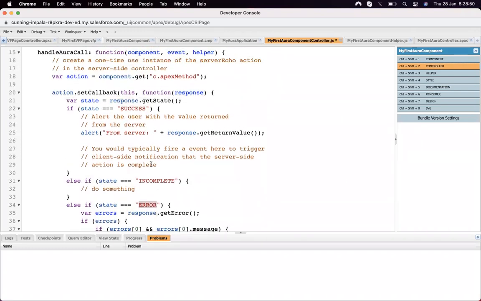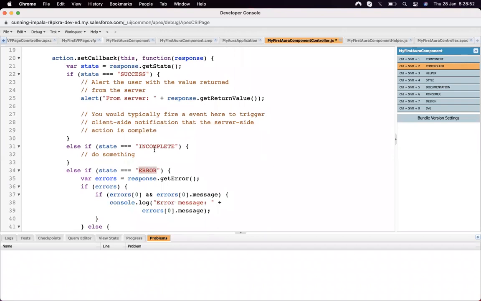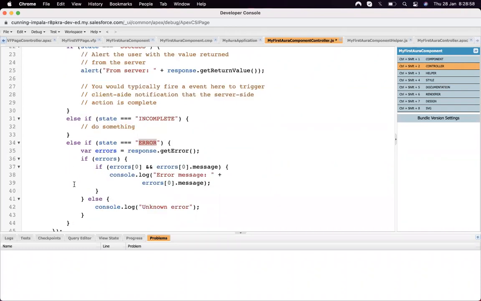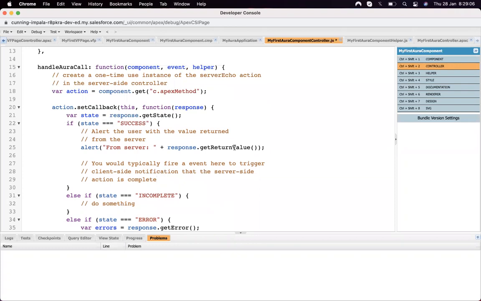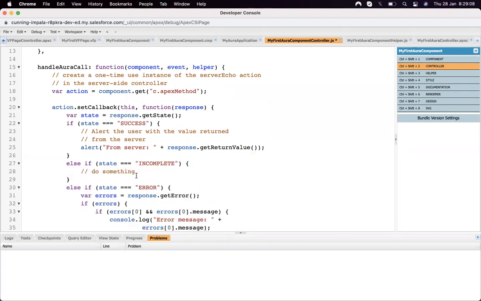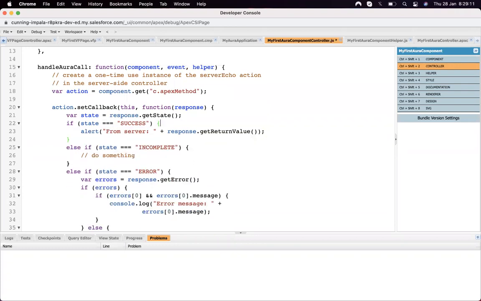Success means successfully called, incomplete means that something might have gone wrong, such as the server not being found. And error means it will throw exceptions. If our method throws any exception, that will be caught here. I will just remove all the unwanted code from here and make it clean.